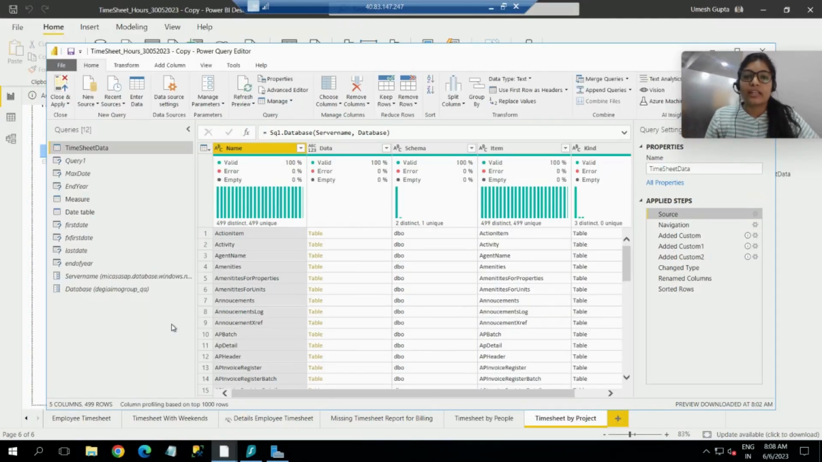Everybody, I'm Raksha, and in this video, I'll be talking about how we switch databases from one to another. So let's get started. Currently on my screen, as you can see, we have this timesheet data, and